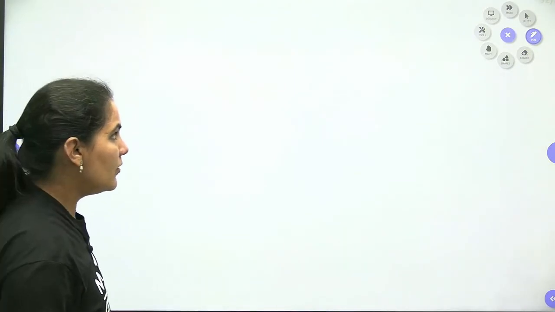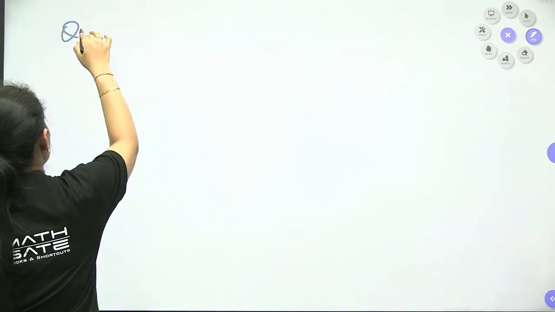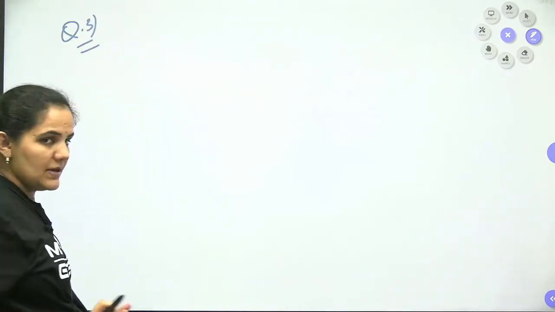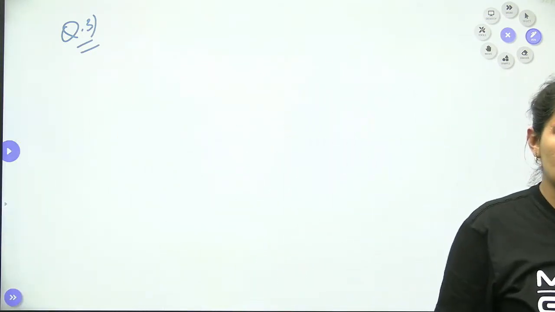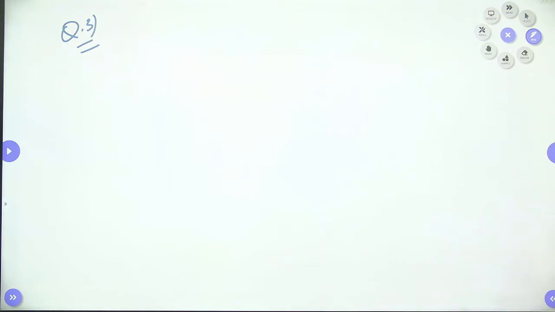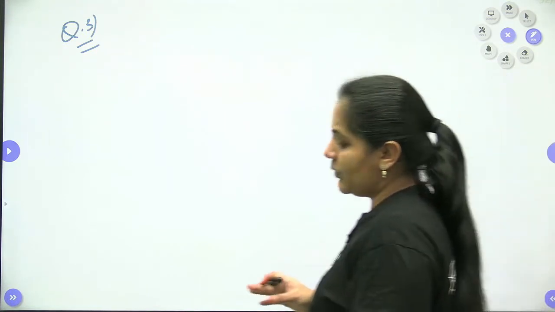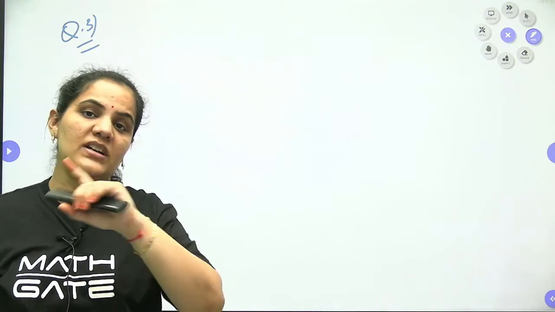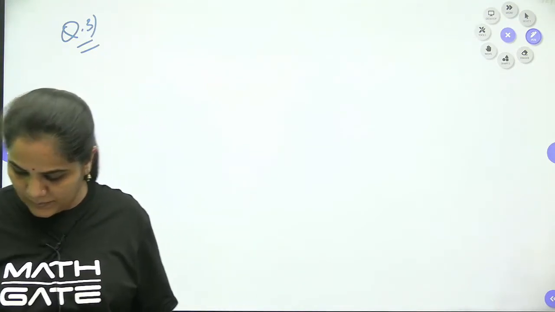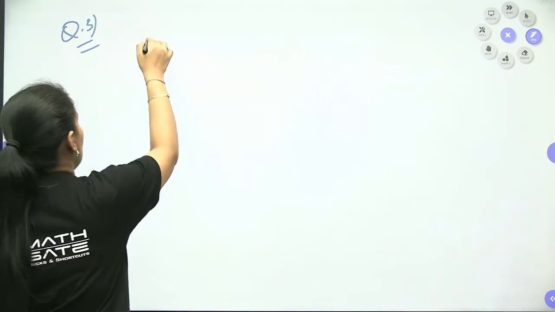Let me show you one more question, dear students. Let's have a discussion on one more question of the same concept so that you will feel more and more comfortable with it. So the concept is crystal clear, I think, in your mind. We can easily approach. Now this time I will show you what happens when the sum of the coefficients is not equal to 0, and how we will approach it. So let me write down the question for that.